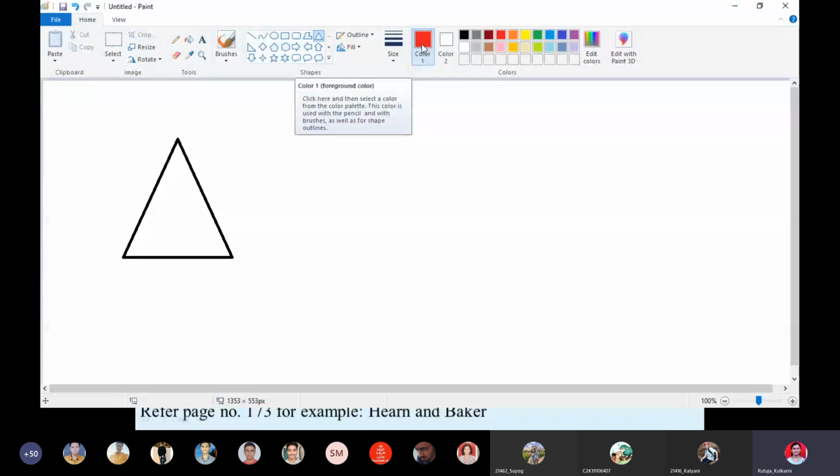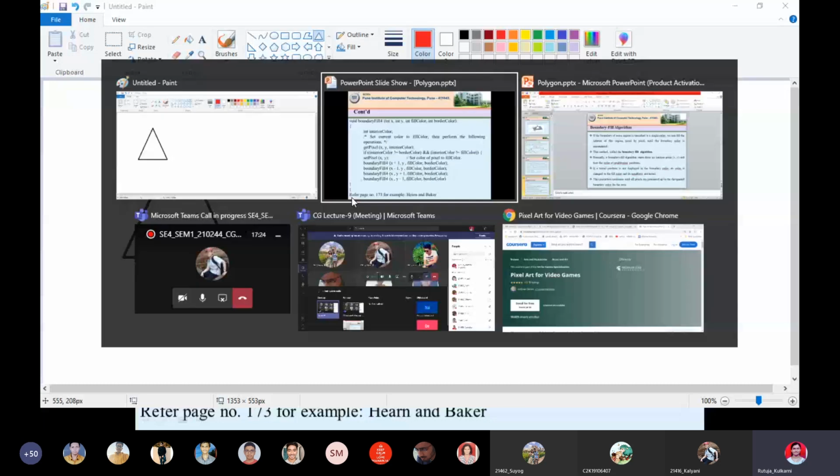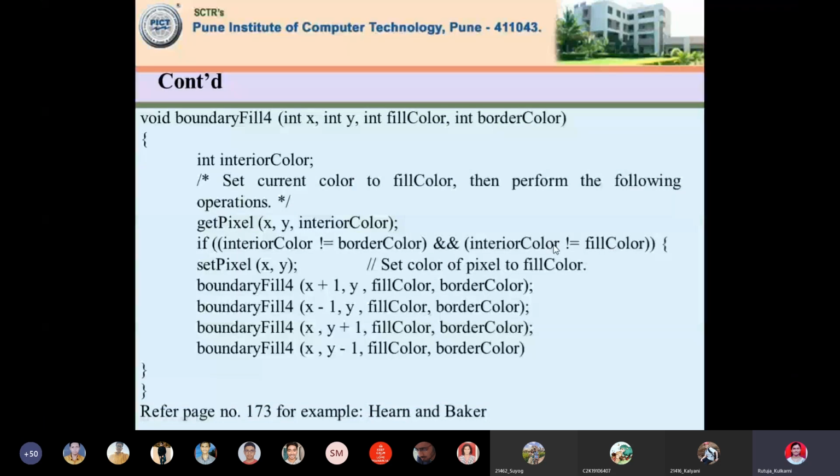Just now I told you I have chosen red for filling. I haven't started filling yet, so the condition gets satisfied. White is not equal to the fill color. I can't choose white for filling here. If you choose like that, the condition gets unsatisfied and your algorithm terminates there itself. You can't fill the further pixels.